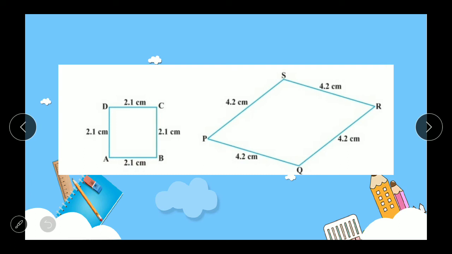But we can conclude one more thing from this, that for the similarity of two polygons, two necessary conditions are there. One is that their corresponding angles should be the same. And the second is that their sides should be in the same proportion. Now in these two quadrilaterals, the sides are in the same proportion, but the angles are not equal. So one condition is satisfied and one is not, hence they are not similar.